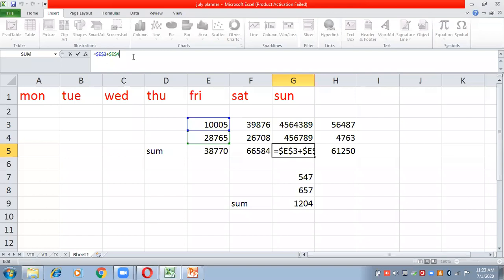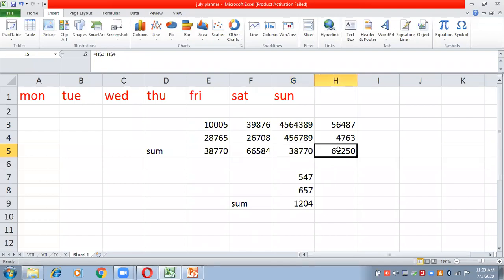Similarly, in front of again E and again 4. So here, when I copy this type of formula, the exactly same digit will come because the whole formula will get copied without any change. This is absolute referencing. मतलब कोई change नहीं हुआ. Relative references में पूरा change हुआ है. Absolute reference में कोई change नहीं हुआ.